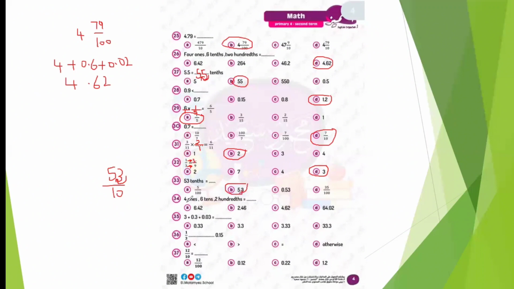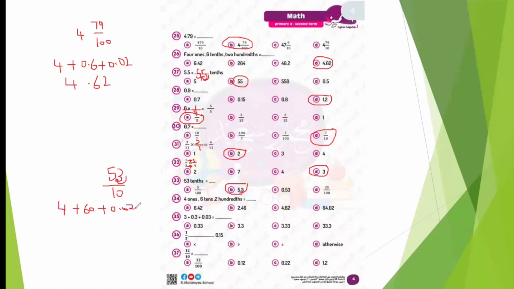34. 4 ones, 6 tenths, 2 hundredths. 4 ones means 4 plus 6 tenths means 60. That means 10 plus 10 plus 10 plus 10 plus 10 plus 10 plus 2 hundredths. That means 2 out of 100 or